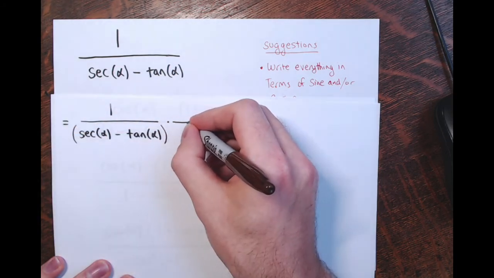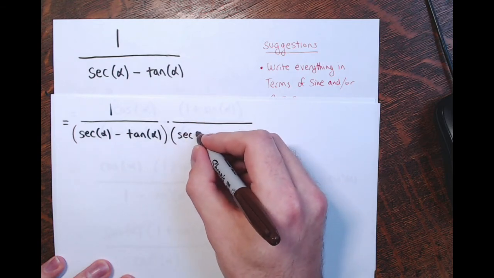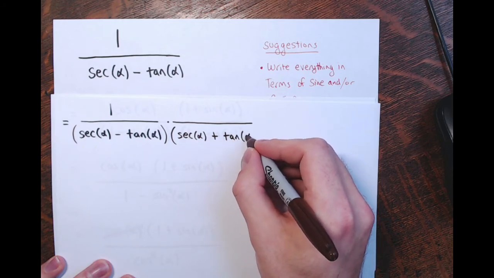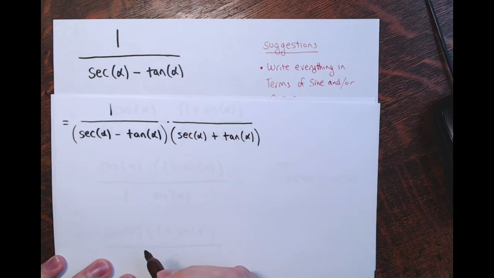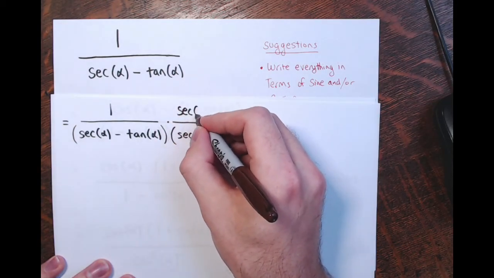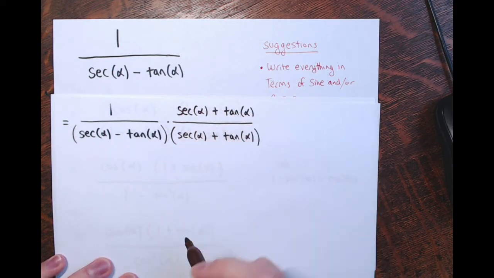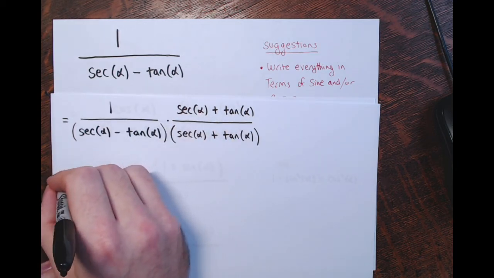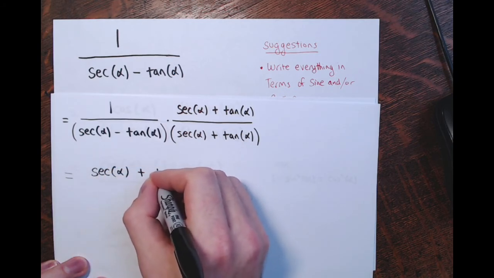So I'm going to multiply that denominator by the conjugate, which would be the secant of alpha plus the tangent of alpha. And again, you can't just multiply the denominator of a fraction by something. You also have to multiply the numerator by that same thing, secant alpha plus tangent alpha. Now the numerator is just 1 times secant alpha plus tangent alpha. So that's secant alpha plus tangent alpha